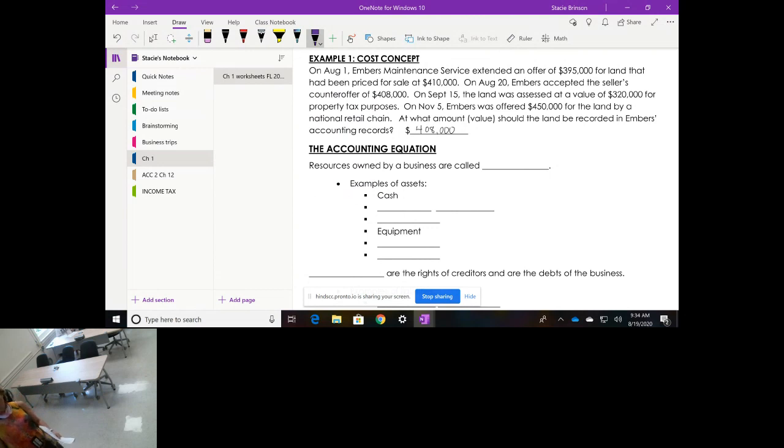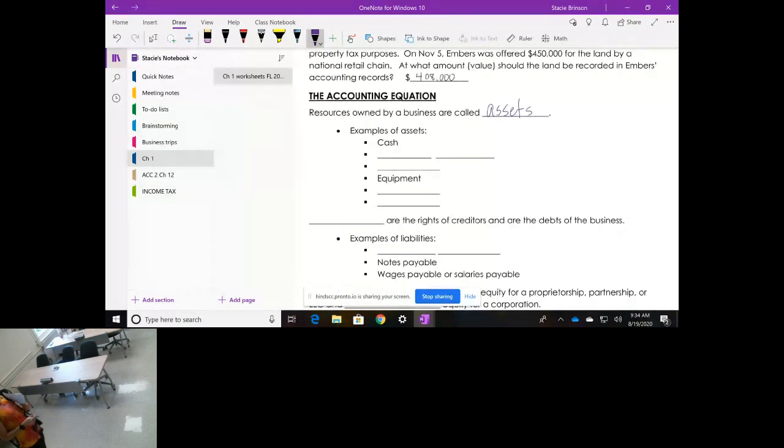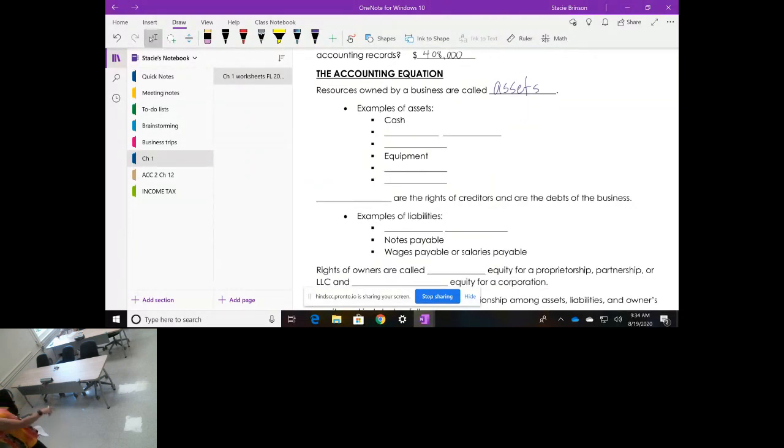Okay, accounting equation. All right, so resources that businesses own are assets. Y'all may have already filled this in. I intended for us to do that in here. I'm sorry if y'all struggle with that. Okay, so an asset, and again, they're getting kind of fancy: resources owned by a company. Is that your cell phone? Is it worth something to you? And it belongs to you. So it's your asset. And that's a personal level, but just to get you the concept.